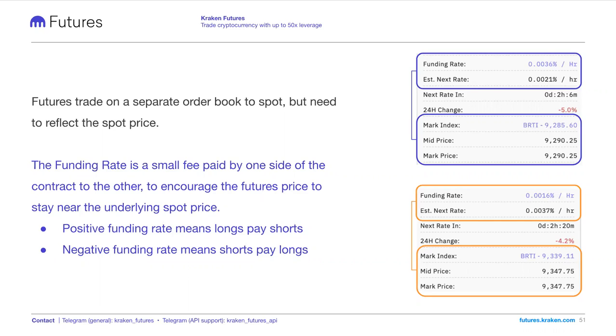But as a general indicator, you can see if it'll be positive or negative just by looking at the relationship between the mark price, which is the contract price, and the mark index, which is the spot price. So in this case, the mark price is above the mark index price. The futures contract price is trading at about a $4 premium to the spot index. Because it's trading at a slight premium, we want to disincentivize people from being long and incentivize people to be short so that it moves the price down a little bit. And that's why you'll see a positive funding rate here.